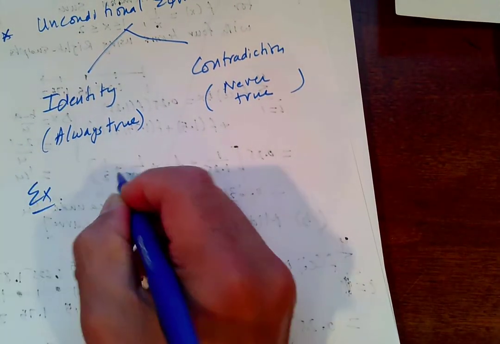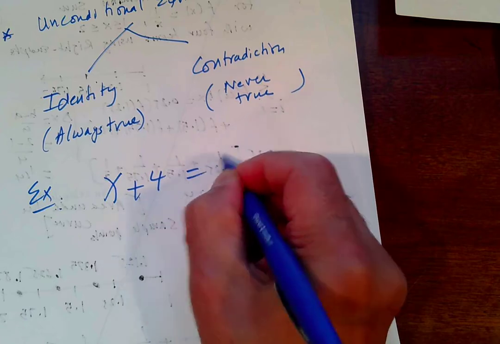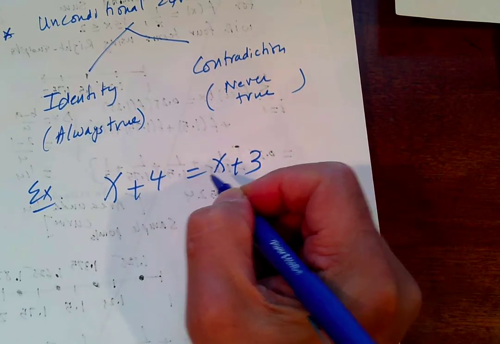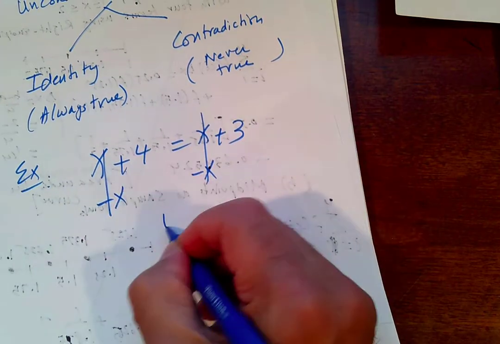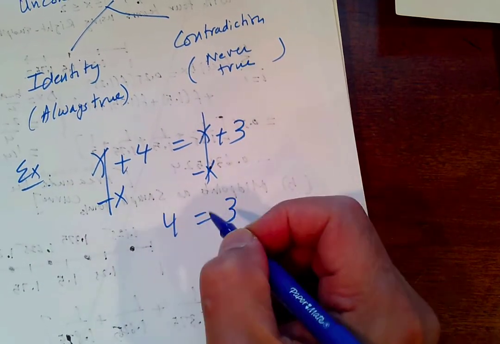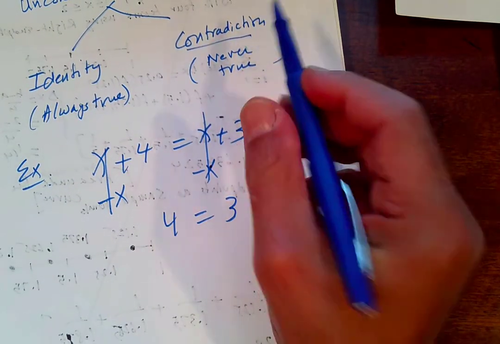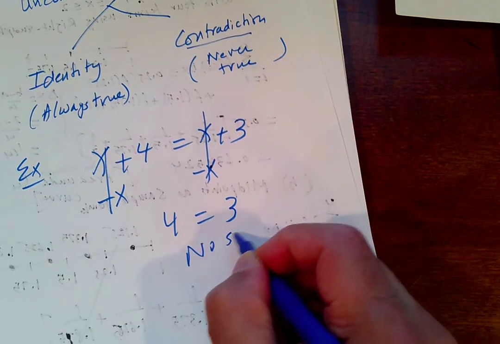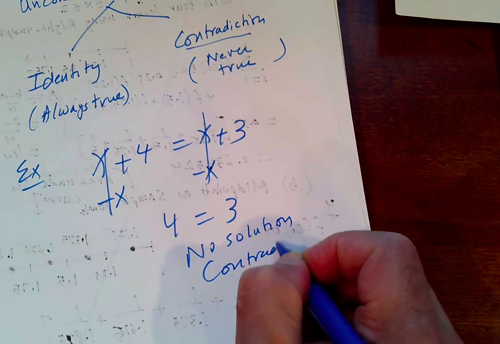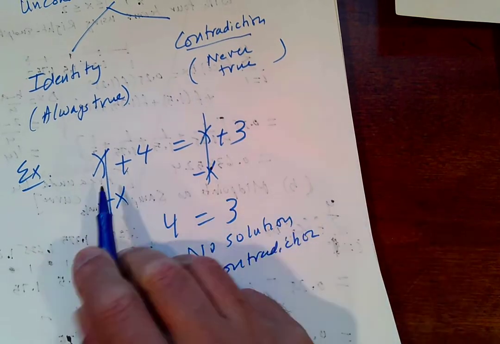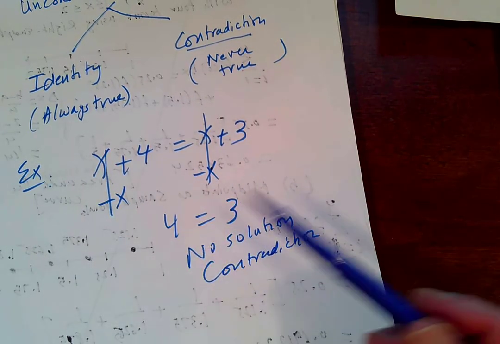Like, for example, if you have x plus 4 equals x plus 3, and you try to solve it by subtracting the x, you get an equation that's nonsense. It's a contradiction, meaning no solution. Because you can see that this equation is never true. 4 will never ever equal 3. On the other hand,